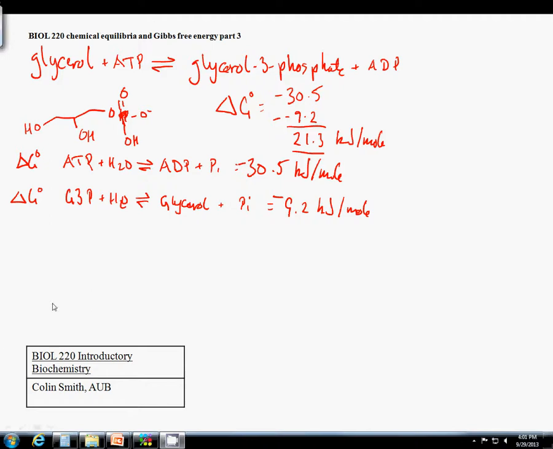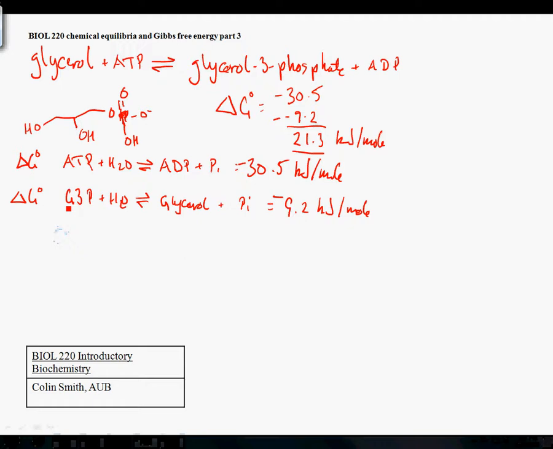Let's resume, and I can use these values now. So we know the change in free energy of this reaction in the direction drawn is negative 21.3 kilojoules per mole. So I can use the standard relationship that the change in Gibbs free energy for the reaction in non-standard conditions is going to be equal to its standard Gibbs free energy change plus RT